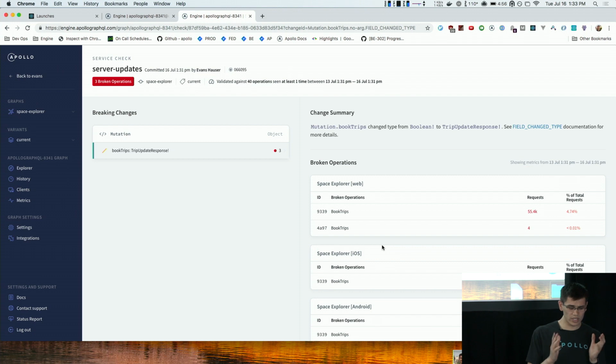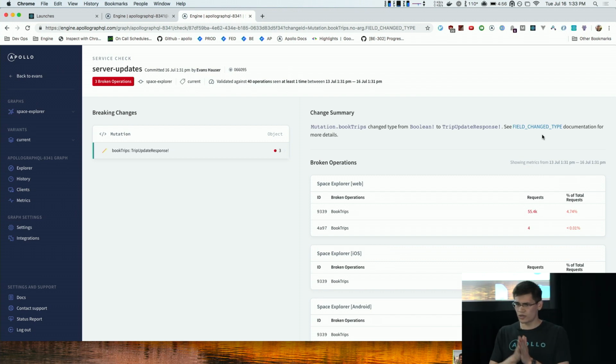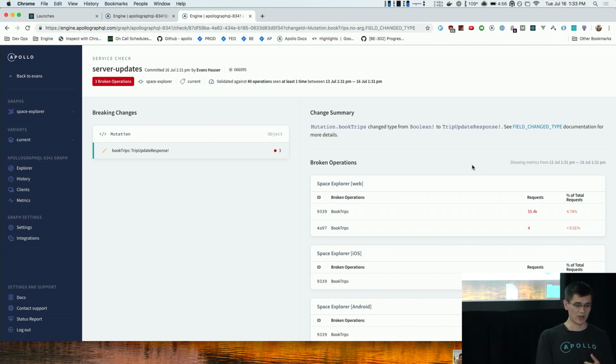If I don't really know why, I can look into the documentation and understand that a Boolean is a scalar, so it doesn't require a selection set, whereas a trip update response requires a selection set. This is inspired by one of the internal use cases we found for supporting the CLI that I can talk about more if